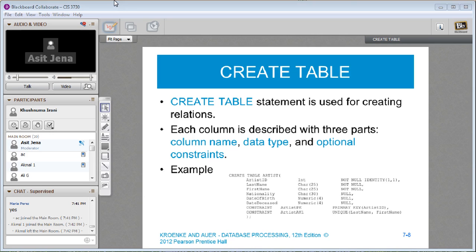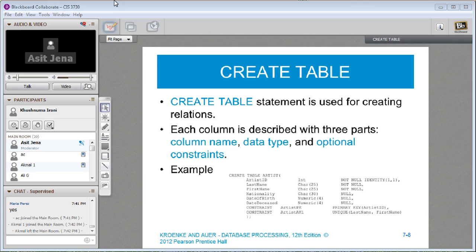Constraint artist PK primary key artist ID, constraint artist AK1 unique last name and first name. Again, we'll get into this in a little more detail, but for the time being, hold the thought on the constraints.